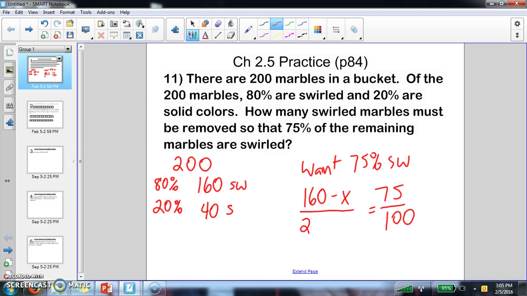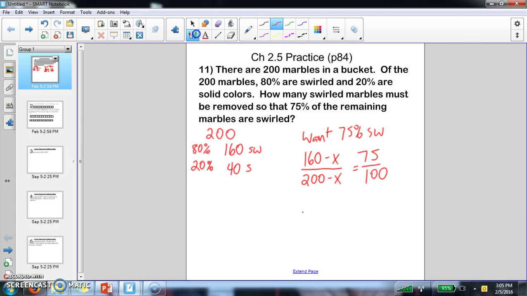Now, that's out of the 200, but what we have to remember is that if we remove a marble that's swirled, we're removing that same marble from the total that we have. That's why we do minus x in both places. So to solve this problem, we have to cross multiply. So that's 100 times that quantity 160 minus x, and then that's 75 times the quantity 200 minus x. And the important thing here to remember is to distribute. So we're going back to some of those Algebra 1, Algebra 2 skills you learned years ago. So we get